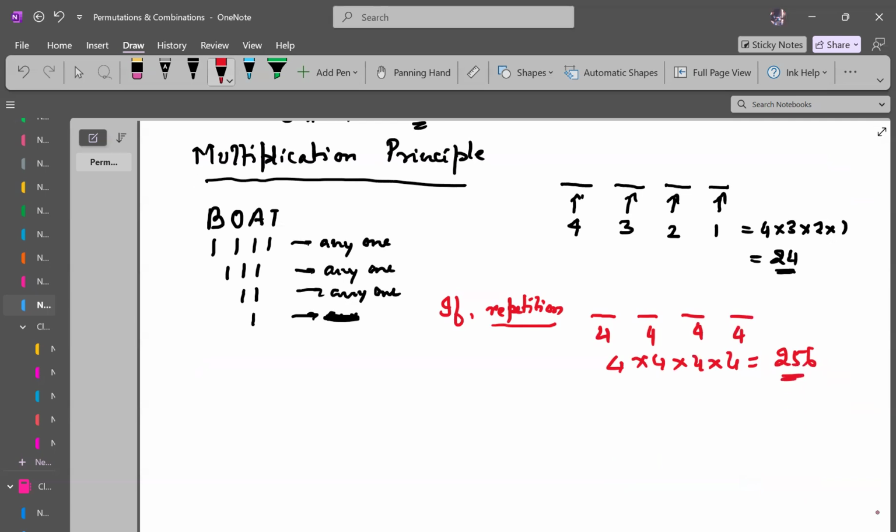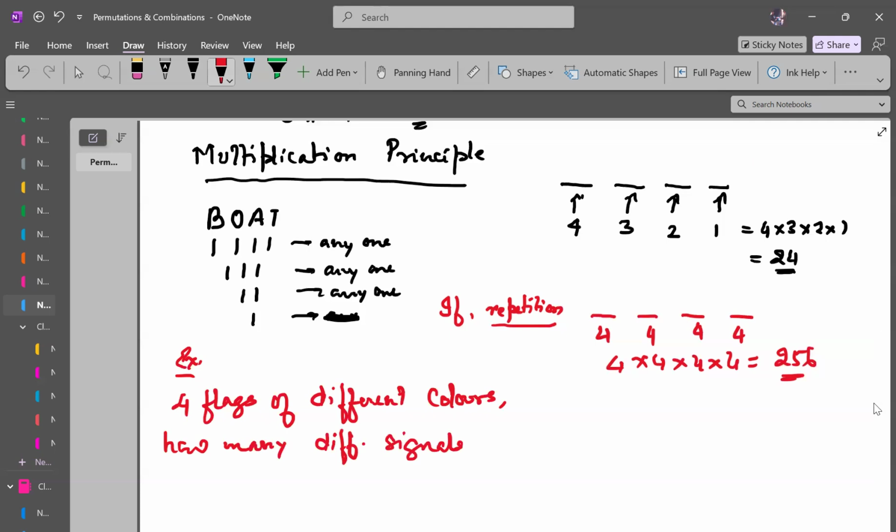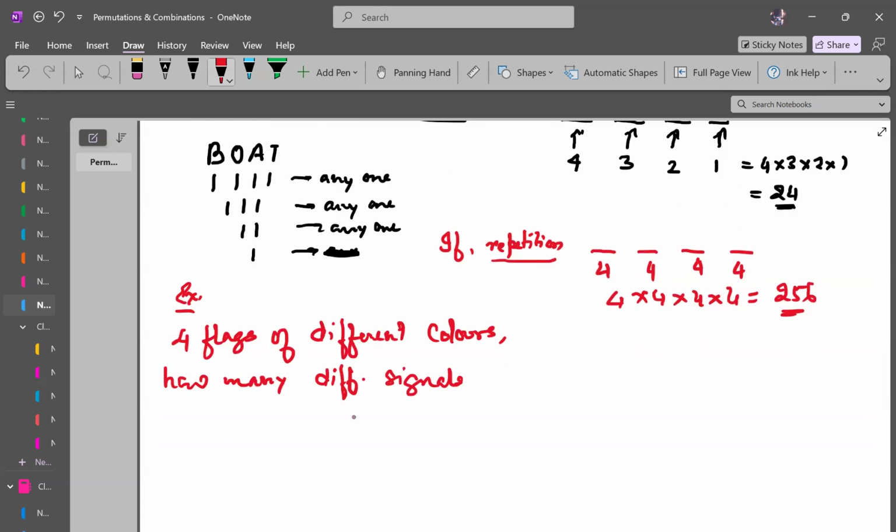They say, given four flags of different colors, they're asking how many different signals can be generated. You can write it down, it's not compulsory. This is an example, right? How many different signals can be generated